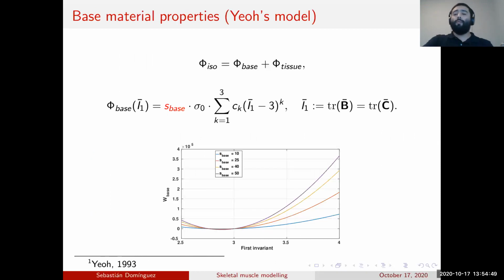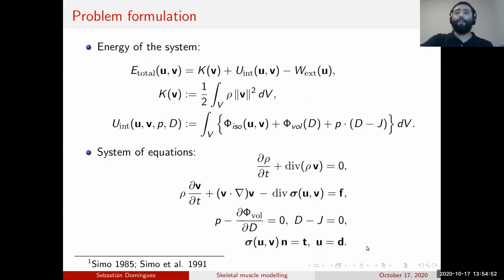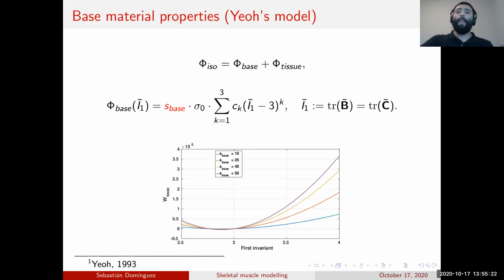Okay. So there are two terms actually before I move on. There are two terms here in the potential energy, the phi iso and the phi vol. And we do this split because of changes in volume, right? So we want to quantify how much the volume is changing. And this nicely ties up with the definition of the pressure. And then this phi iso will have all the information from the elastic properties of each material, okay? So this is what we do.